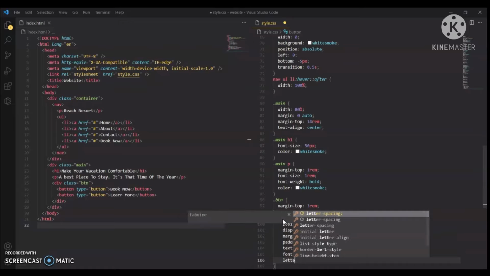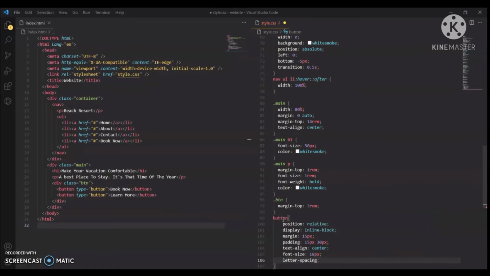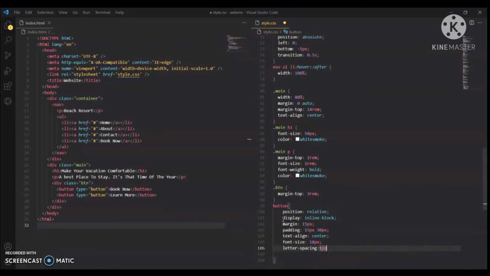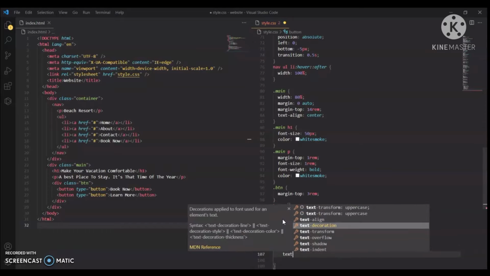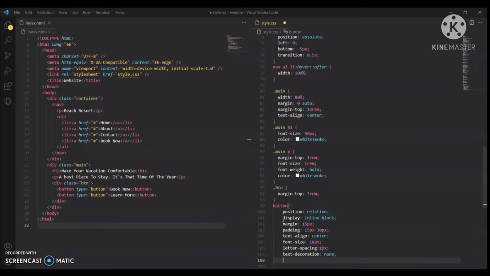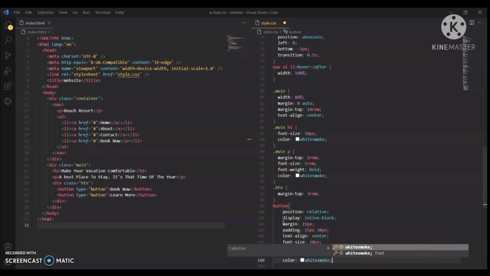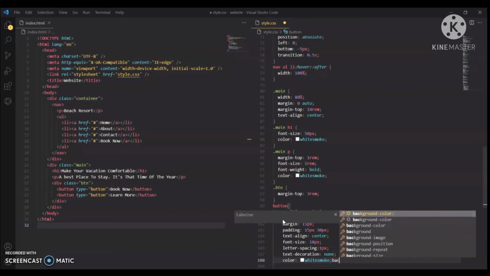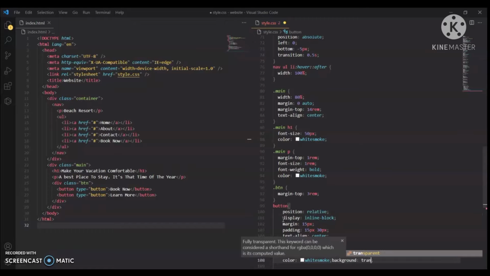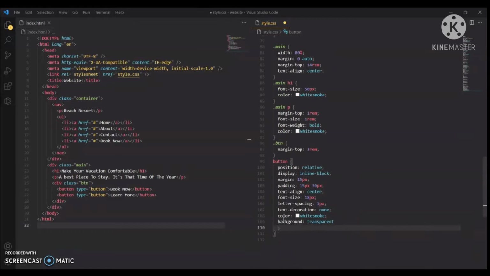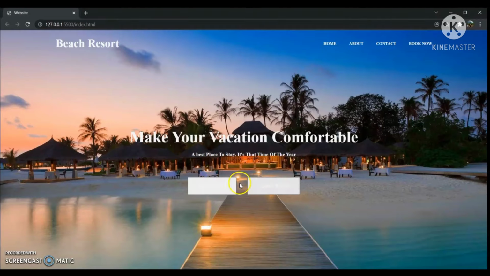Font size 18 pixel. Letter spacing. We will remove the underline by text decoration none. We will change the color. Let's see the output.